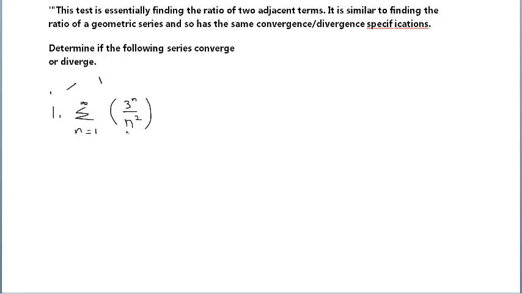If you were to find the limit of the nth term and use L'Hopital's rule in the numerator, your derivative is always going to be 3 to the n times ln3. Then differentiate it again, you're going to get another one of the same with an additional factor of ln3. Your numerator's just remaining basically the same with an additional constant multiplier. But the derivative of the denominator is going to eventually go down to a constant. So the limit of the nth term would give us infinity, which is not 0, which tells us that